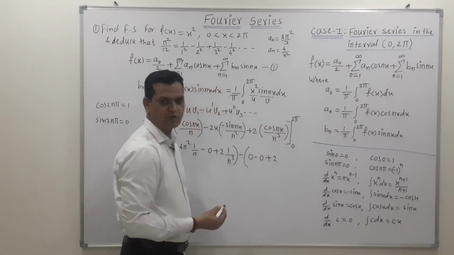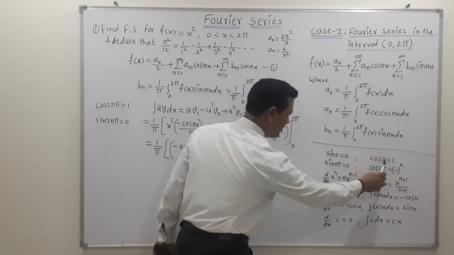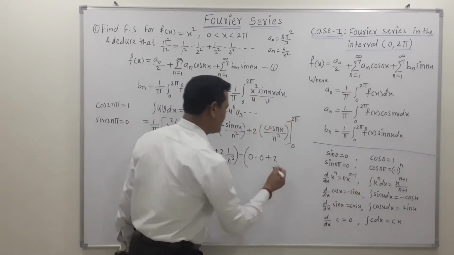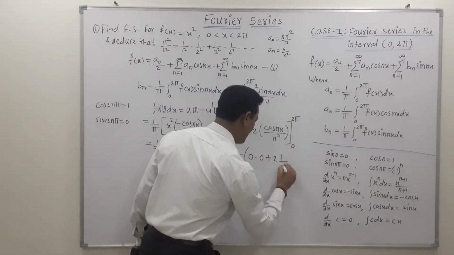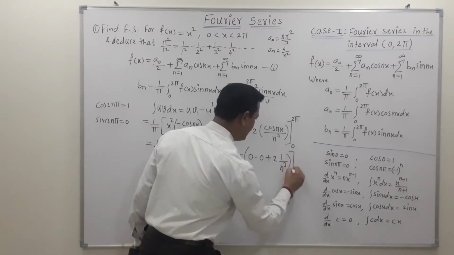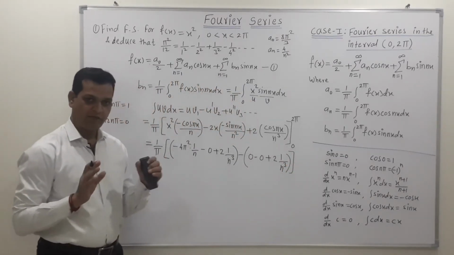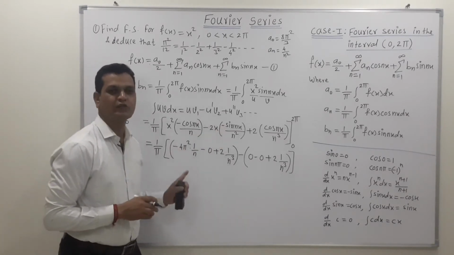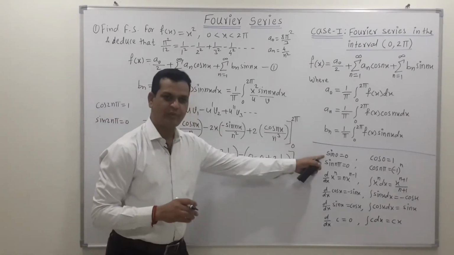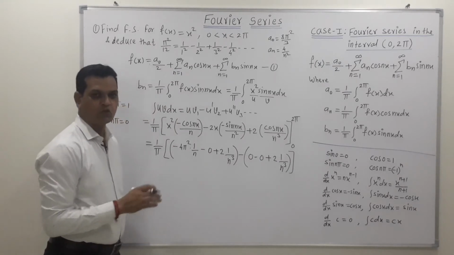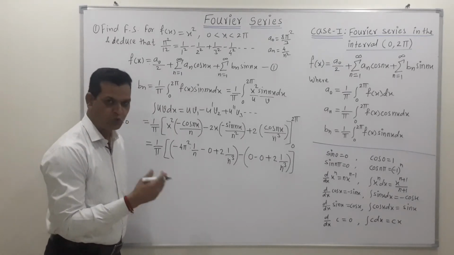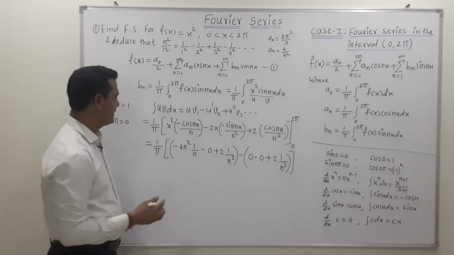If we put x is equal to 0, then we get cos of 0, and the value of cos of 0 is 1. So we can write this as 1 upon n cube. In this way, we can easily put the value of the upper limit and lower limit. My request to all of you is that don't put the actual value. Directly apply such type of result and calculate the answer, to avoid mistakes and to save time for solving the example.